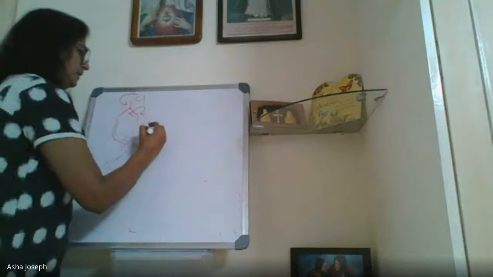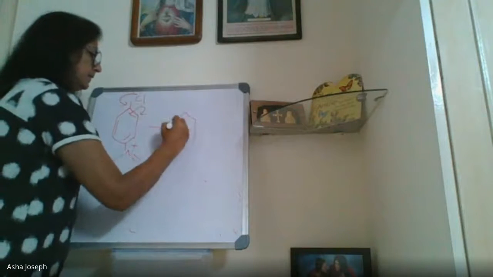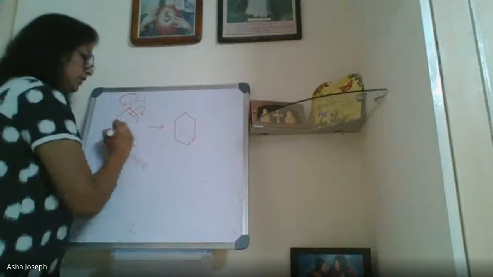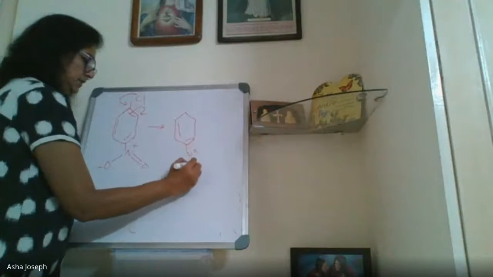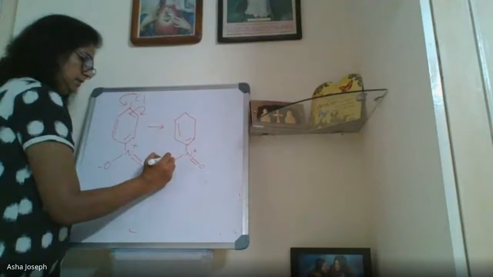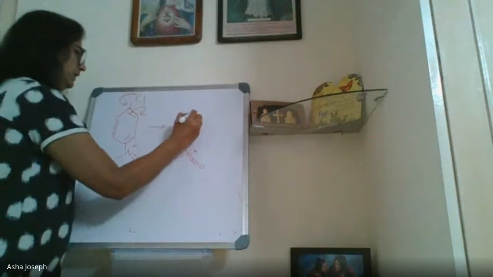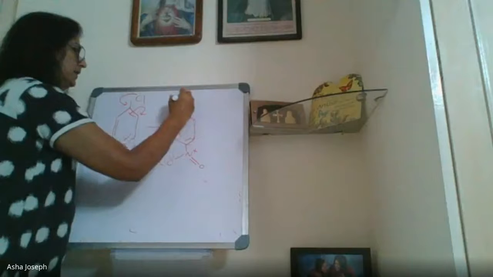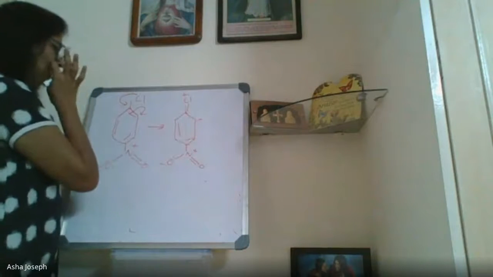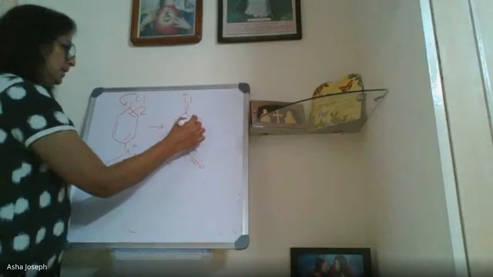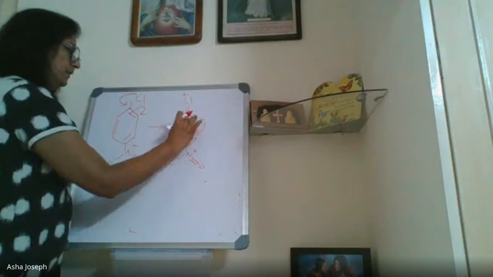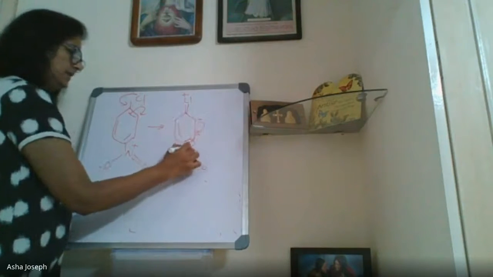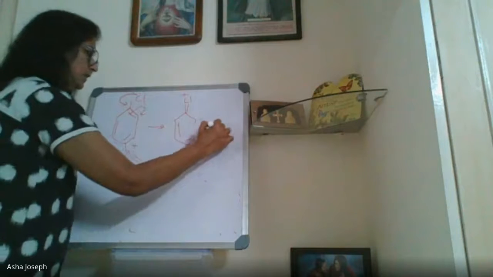Yes, ma'am. Understood, ma'am, till here. So it becomes this. These 2 bonds I didn't touch. Here also I didn't touch. But here what happened? Cl has a plus 1 charge, isn't it? So this can come here and form a double bond. If that happens, it will come here. So the next structure.